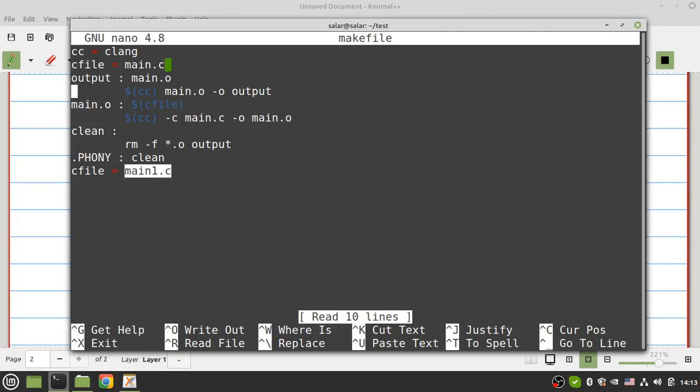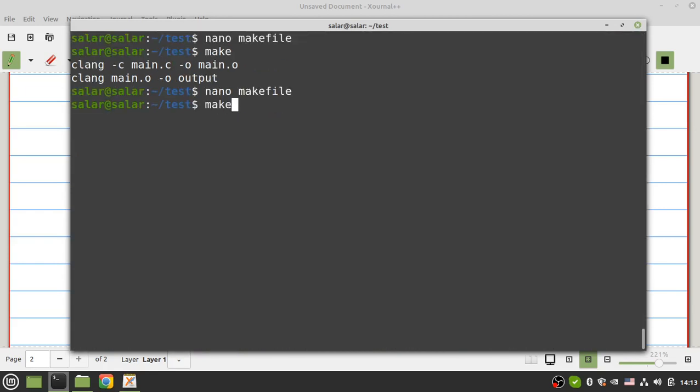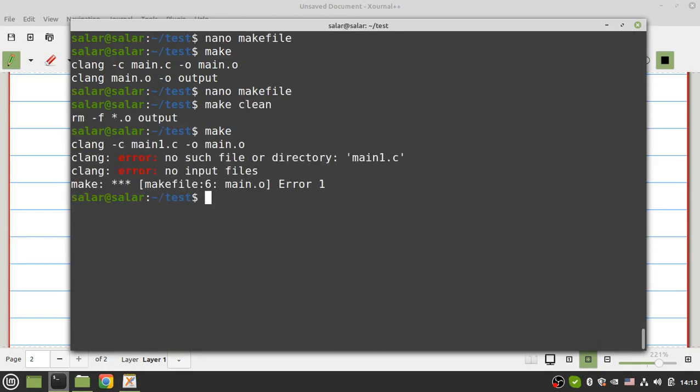But if I change it to main.c but use my variable in my recipe, C file, in this case save that and run make clean and make. I have an error, no such main.c, because when you use your variable in your recipe,